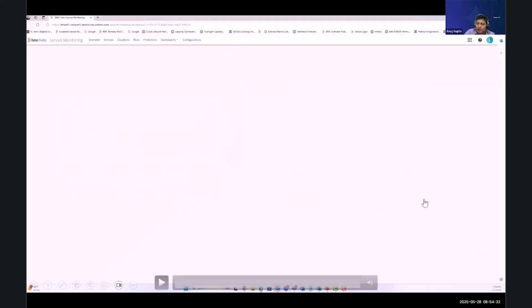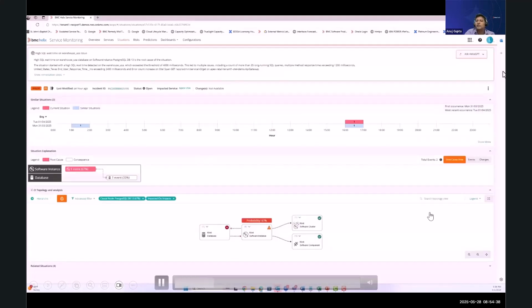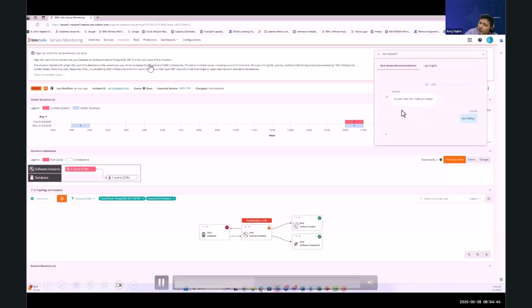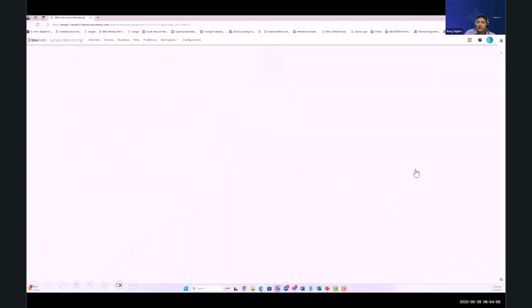I've got a quick preview of how this postmortem analyzer works. So we are in the situation page. In context of a situation, we got this root cause provided based on the data. Now we have this Ask Helix GPT. We have this run whys as a thing, but behind the scenes, we have an agentic AI agent which is running on it, and it is then providing me this summary